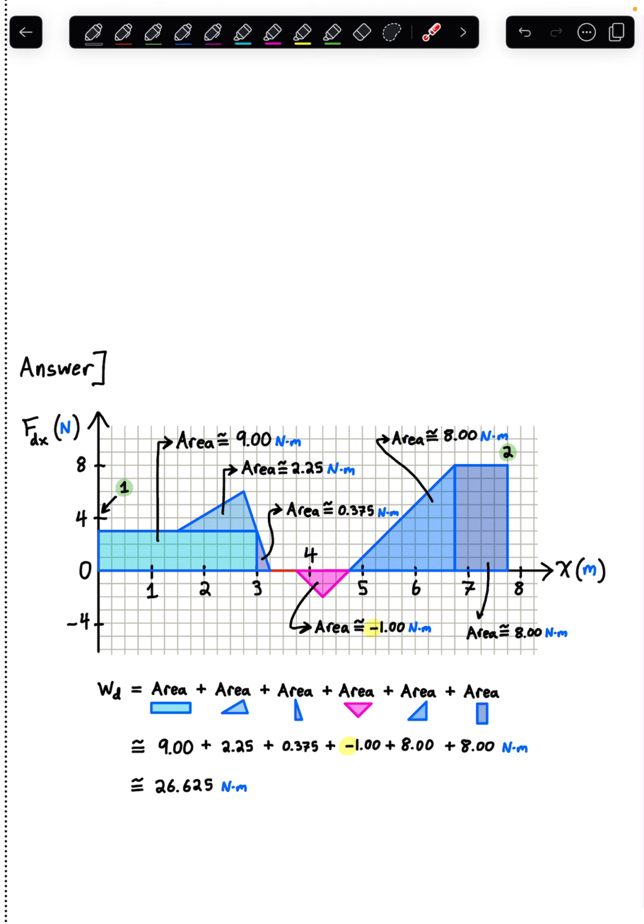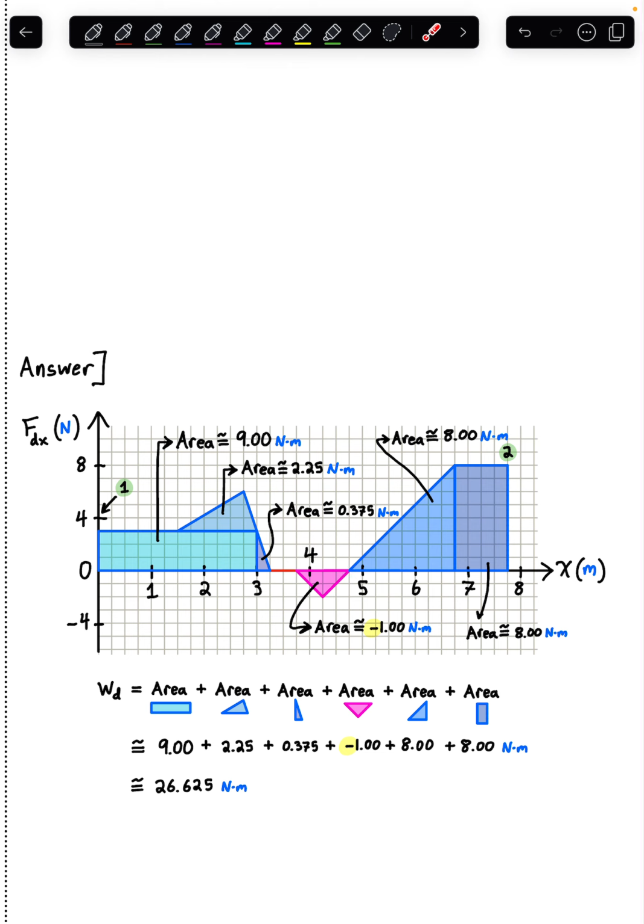There are other ways of breaking up this shape, but the sum of all those areas should come out to be the sum of these 3 numbers here. Then we have these shapes here, adding up to those values. There's no work being done during this portion of the story right there. When the drag force disappears temporarily, there's no force, no work. But then when the force reverses to push to the left, so we have a negative F_Dx during this time,